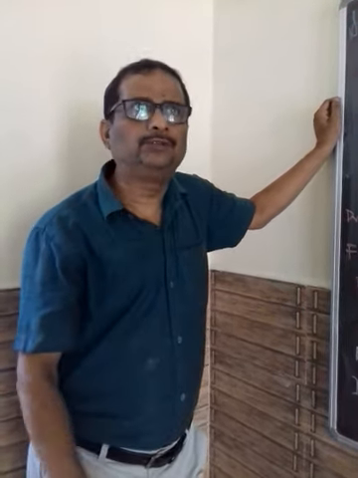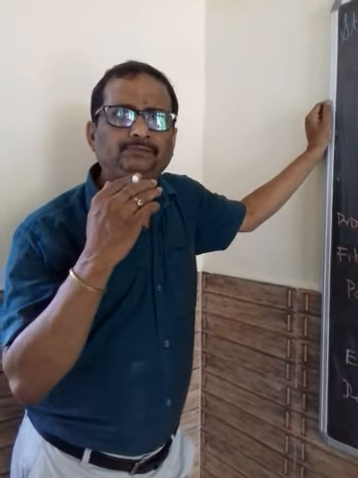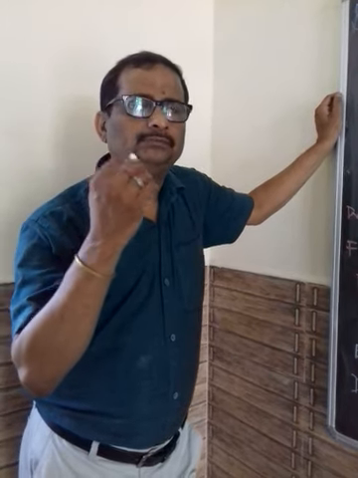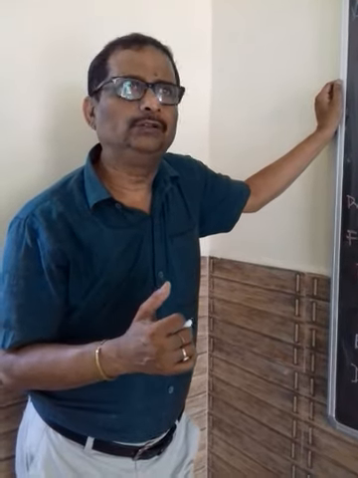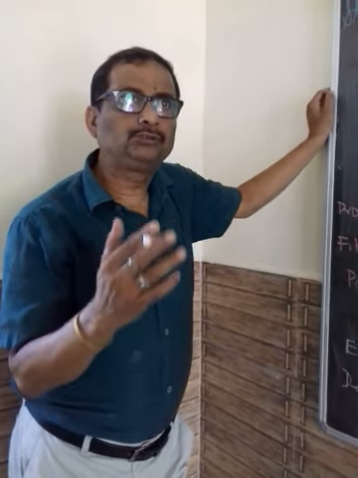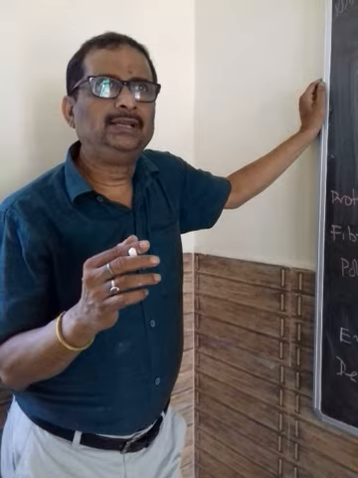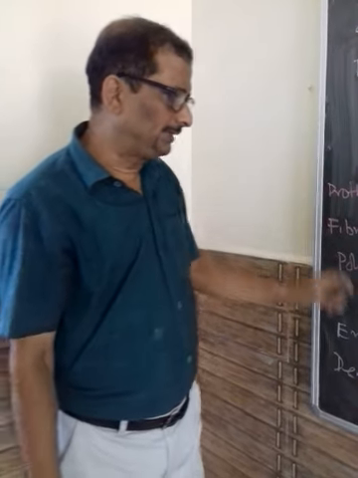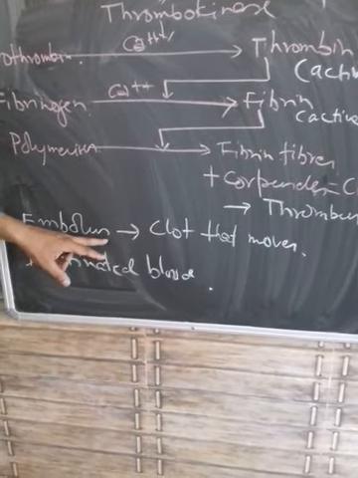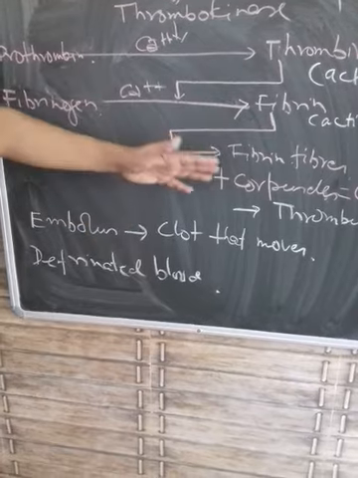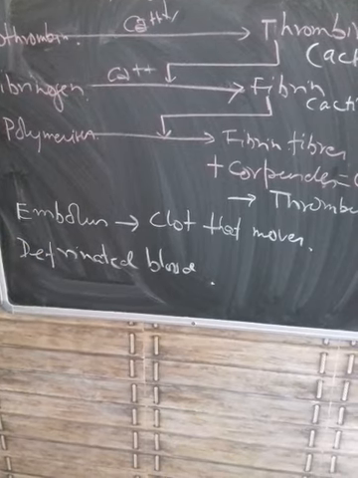Not only in the injured tissue, it also does not allow the blood to flow out of the fine capillaries present in various regions, in the nasal region, or in the brain tissue. But clotting is also not required in many cases, because clotting can lead to seriousness, like an embolus. Sometimes the clot moves inside the circulating blood, then we call it an embolus, and the phenomenon is known as embolism. So the clot which is outside we call thrombus, and the one inside the blood vessel is called the embolus.